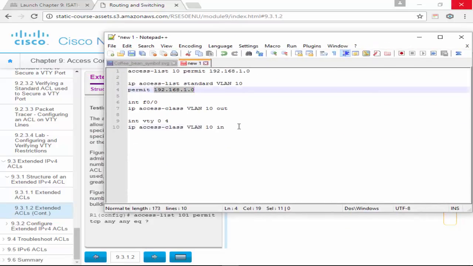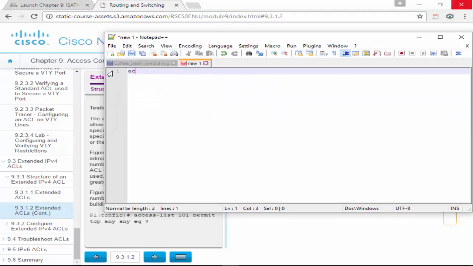Go back to here. These are all gone. First, they have to be above 100, so we can go access-list, I'm just going to go 101, and it's a dash. Access-list 101 permit, then we put a protocol. If we want to do similar to our standard ACL, it's IP, because it's allowing the entire network. This is everything in the pipe, the TCP, the IP, all that stuff, the IP stack, all of it in this network. So I could say IP allow